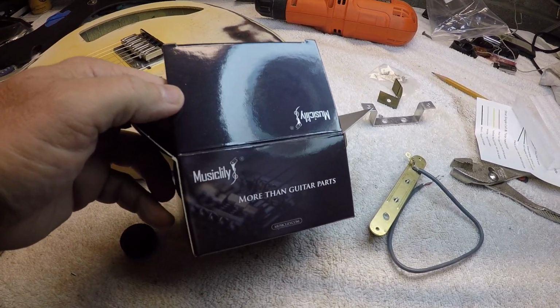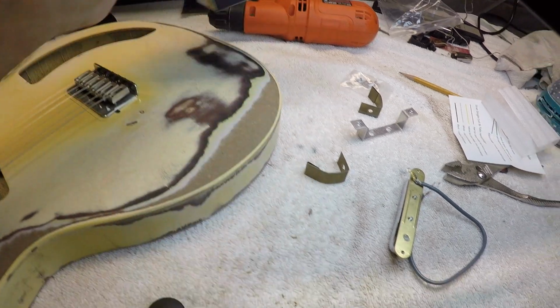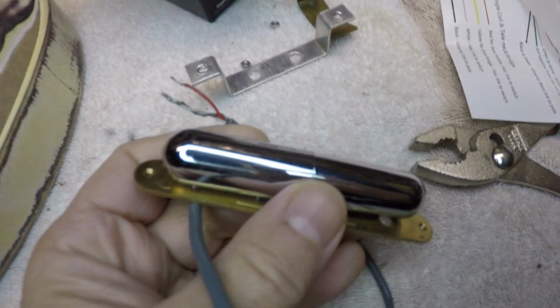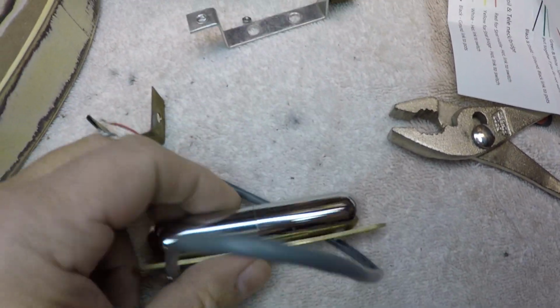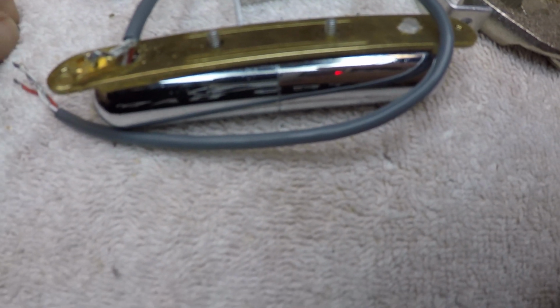Okay, so I bought this lipstick pickup from Amazon by Musiclily. Supposedly a replacement. It is as long as the other one, but this housing, obviously you can mount it. So I'm trying to put the original pieces back on, and what I'm finding out is that on the old one it's screwed in to the housing itself, and this new one,